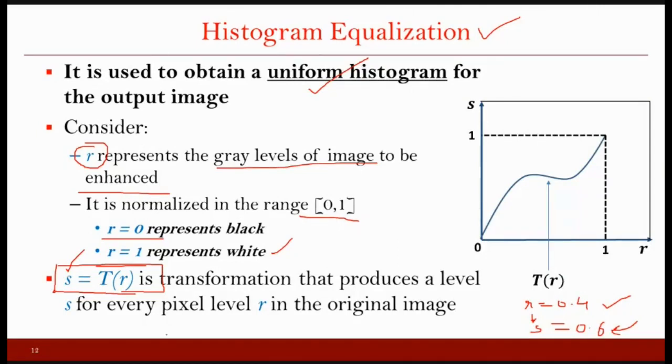And this process of transformation is exactly the same. You have to just find a transformation function which maps your input gray levels to new gray levels so that the distribution becomes uniform. In terms of the function, you can see here that on the x-axis you have R, and you have this transformation function T(R) given. This T(R) will take your input gray level R, and tell you the mapping, the corresponding S that you have to choose so that the histogram becomes a uniform histogram.